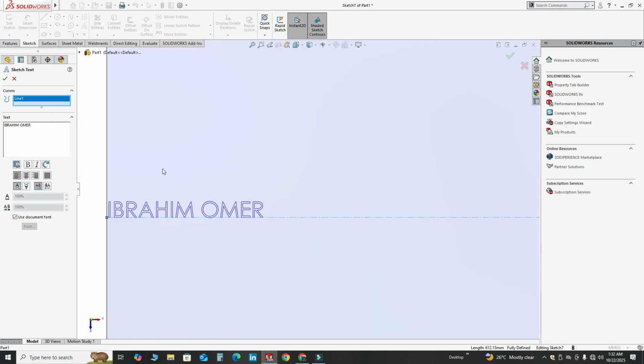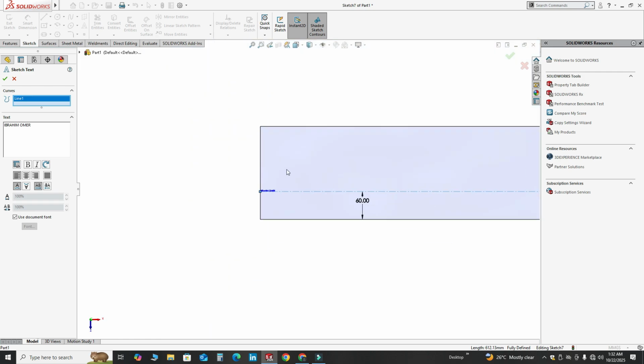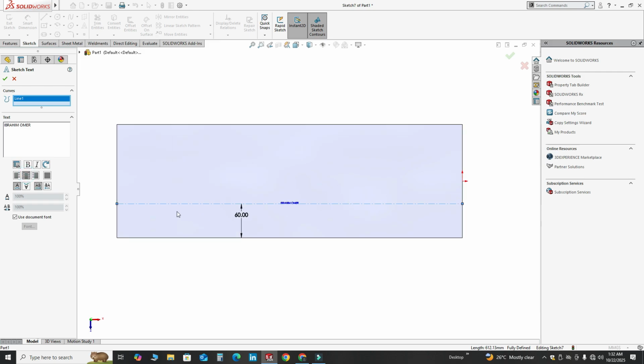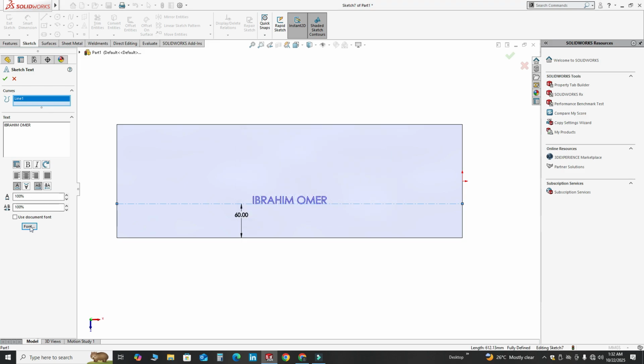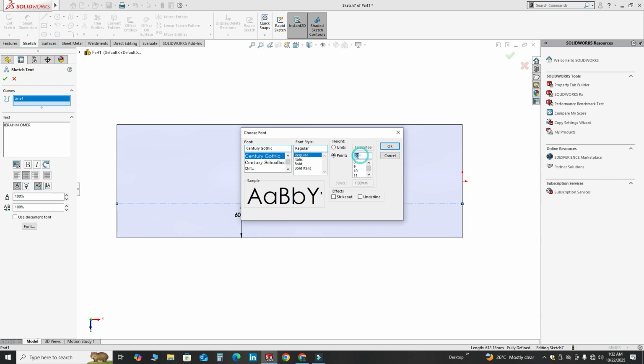Now you can see this is a very small text. So first I will select whole text and I will make it center line, and then I will uncheck this, go to here, font, and I will change this to 50 maybe, or let's say I will change it to 100.